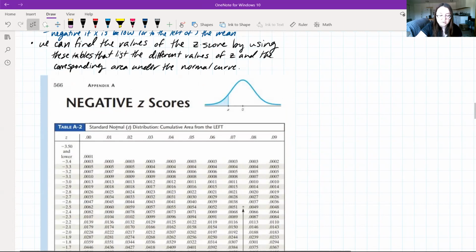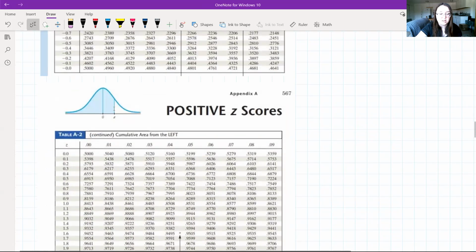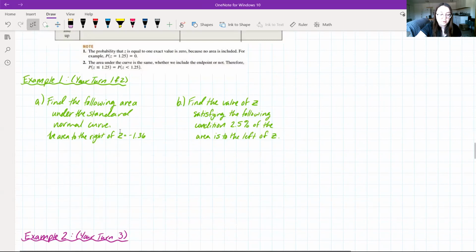It says it here, standard normal z distribution, cumulative area from the left. So it's always showing us this area from the left, not the area to the right. So what we need to do in order to find the area to the right,